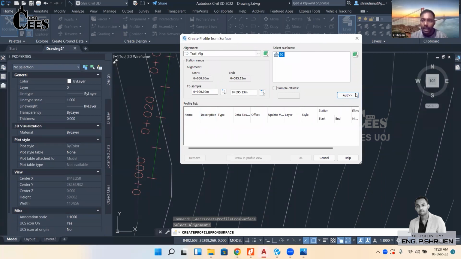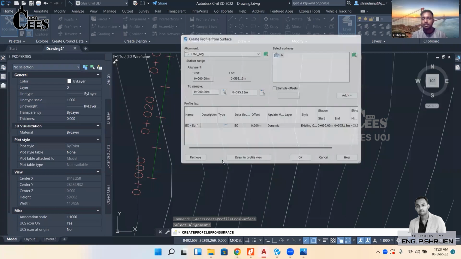So I need to press add to sample this surface. By using the alignment and the surface, I provided a sample surface. You can see my sample profile list is created. If I click the add, my profile is created, but I haven't created my profile view. It means